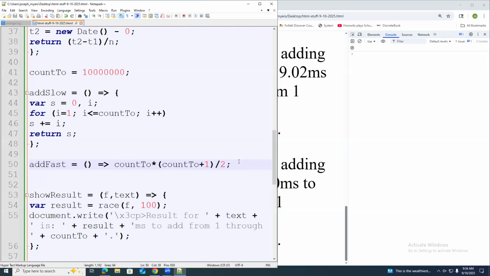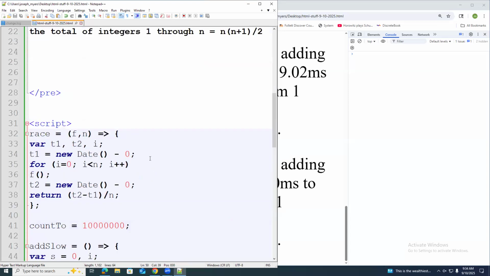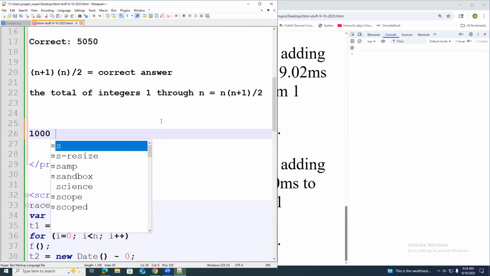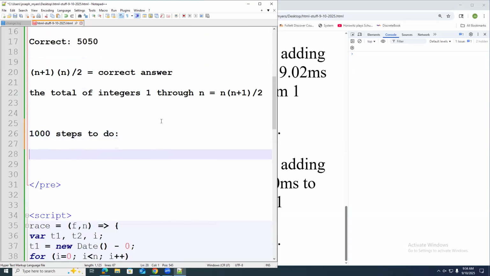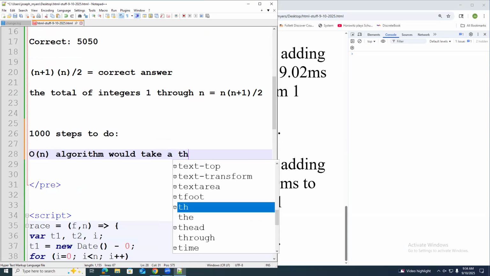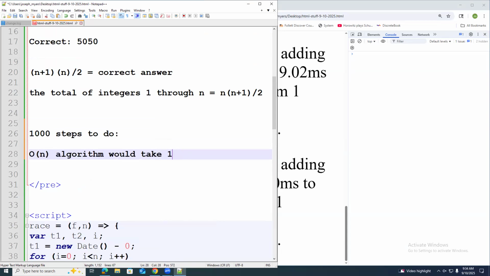Like if you have 1,000 steps to do, an O(n) algorithm would take 1,000 iterations to do it.